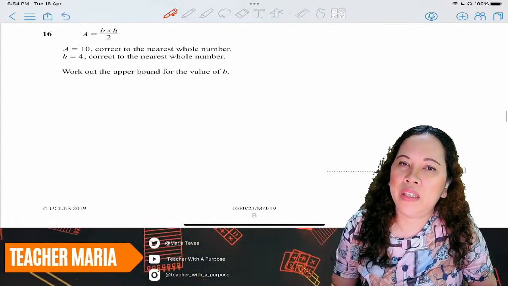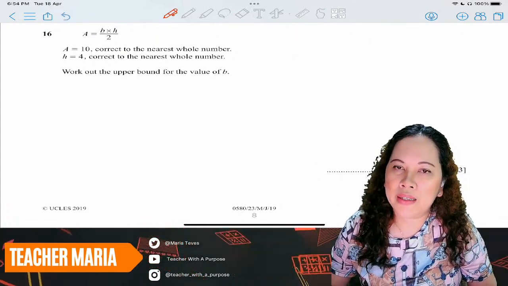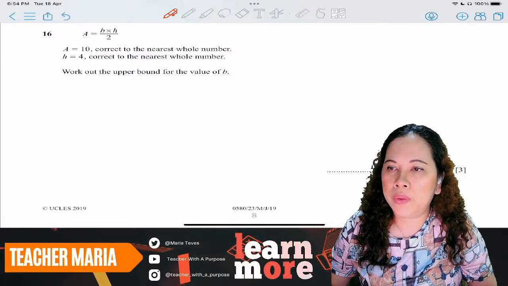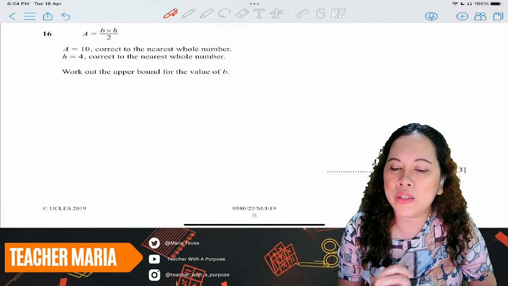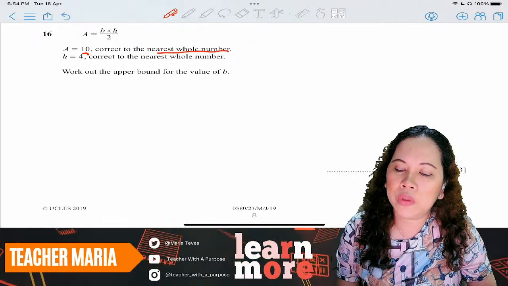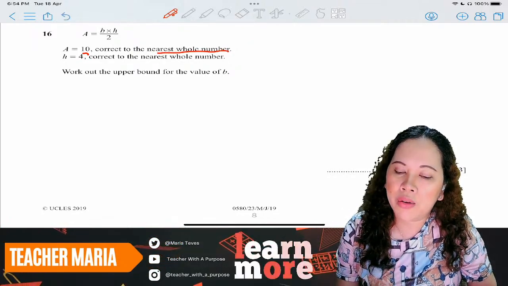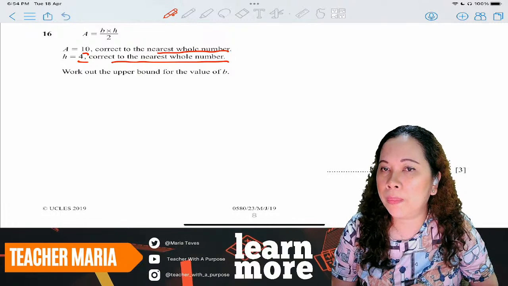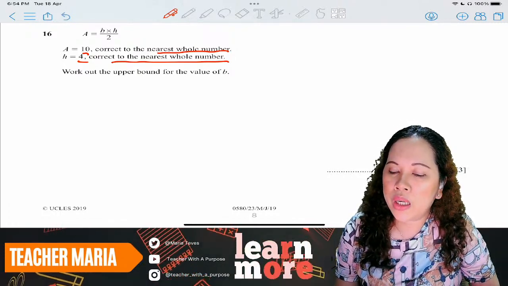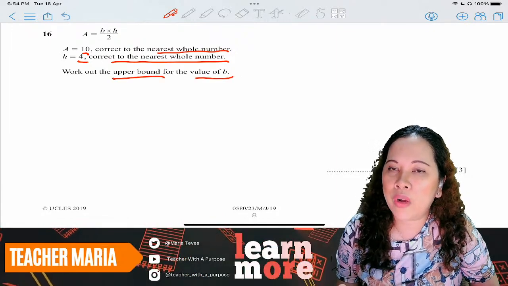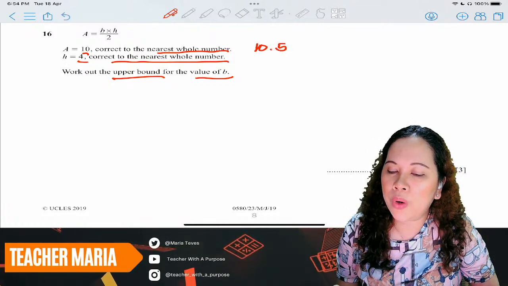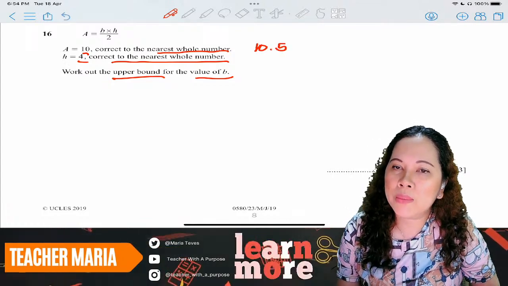Okay. The next question that we have here is about upper and lower bound. So a is 10, correct to the nearest whole number, and h is 4, correct to the nearest whole number. You're asked to work out the upper bound for the value of b. Now, since it's upper bound, this will be 10.5. But because it's multiplication,